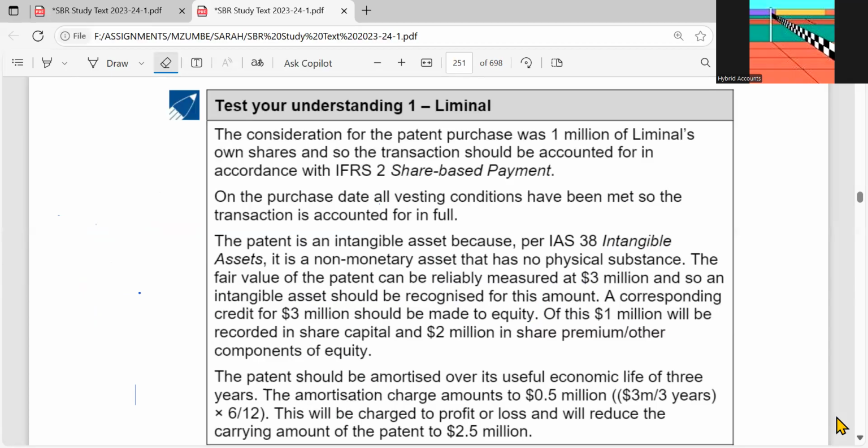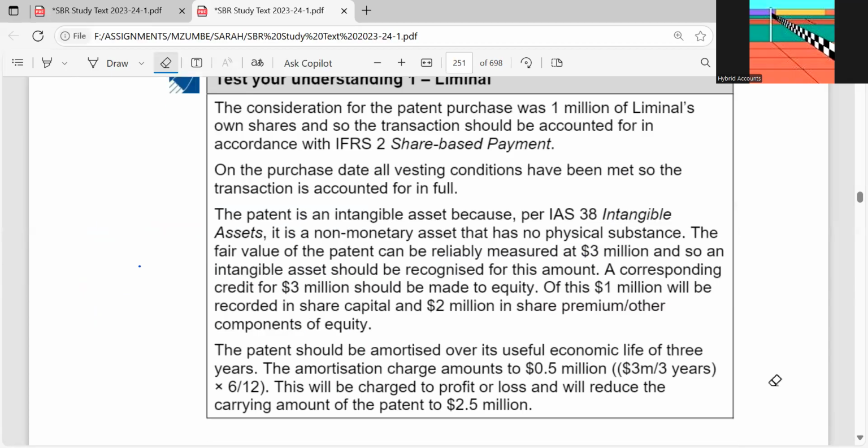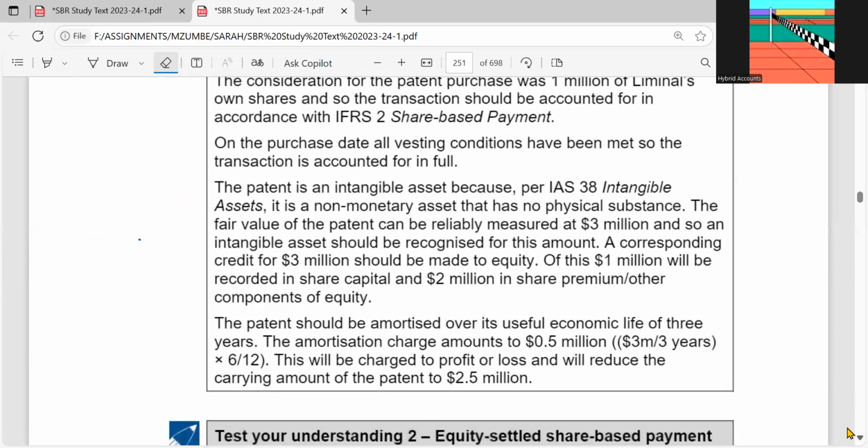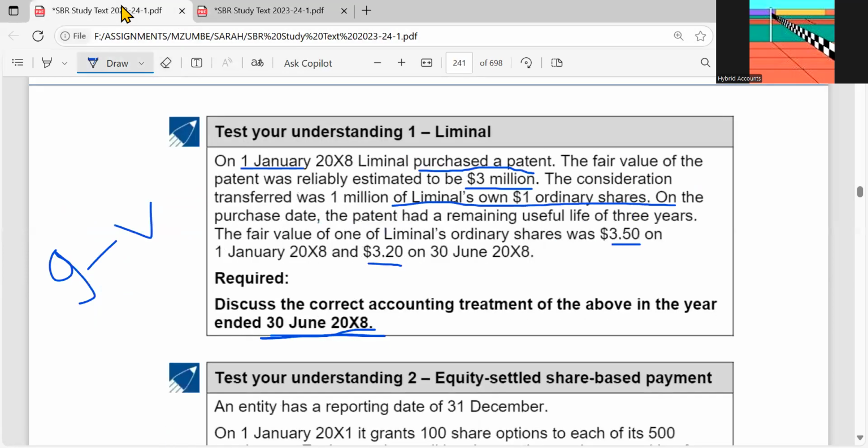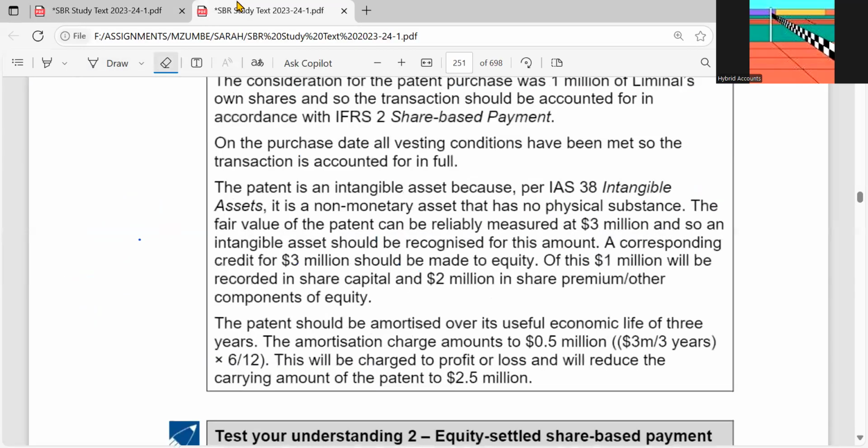But as I told you, you have an intangible asset which usually amortizes, and so you have to refer to the question. The question told you that the patent had a remaining useful life of 3 years, and I hope you know what to do. You need to get the amortization. How do we get the amortization? For tangible assets, we call it depreciation. We would say cost minus residual value divided by